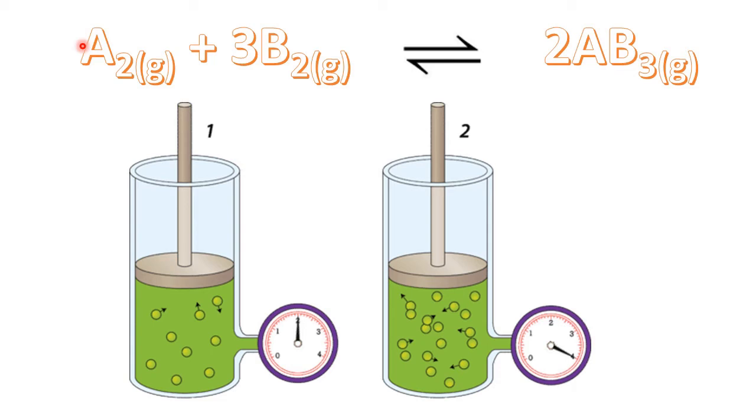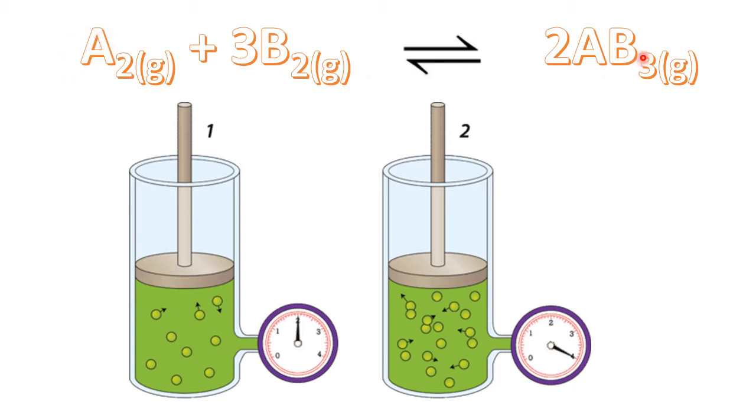Now, the system doesn't want to have a new pressure. It was comfortable with its lower pressure. What will the system do? It will react to the change that has happened to it. Now, how do you think the system will be reacting so that it can get back the equilibrium? For that, let's try to